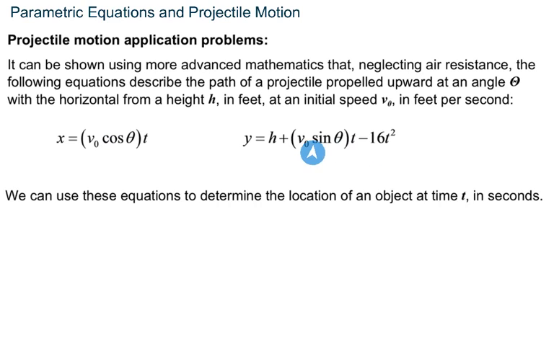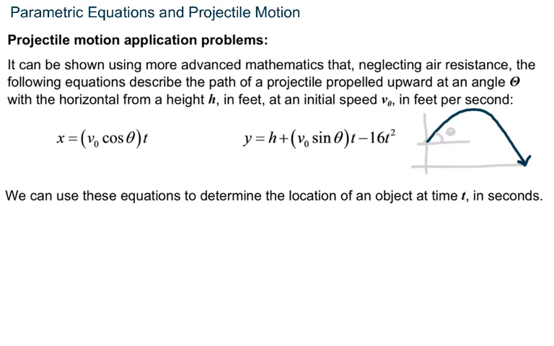These two following equations describe the path of a projectile propelled upward at an angle of theta. And that angle of theta, depending on our initial height, is with the horizontal. So if we were at an initial height here, the projectile goes up and then maybe back down. There's an angle of theta with the horizontal. So our initial height, h, and an initial speed or velocity, v sub 0, or rather v naught, measured in